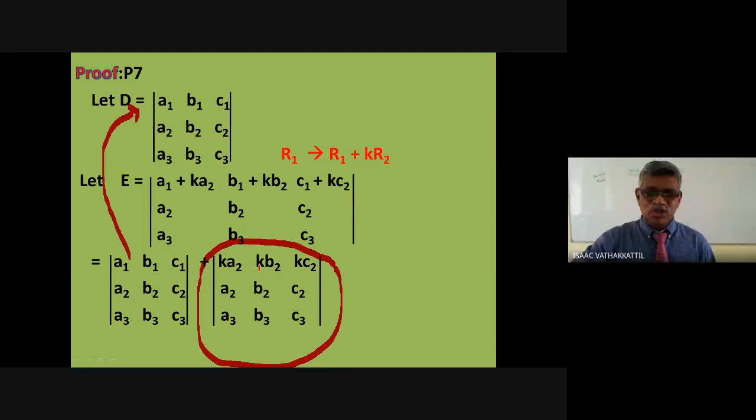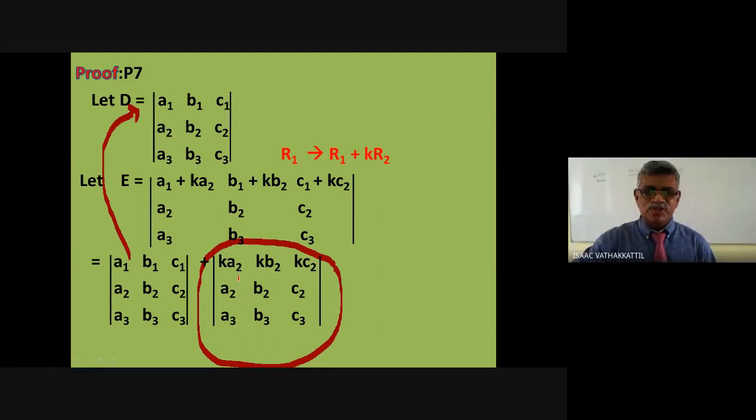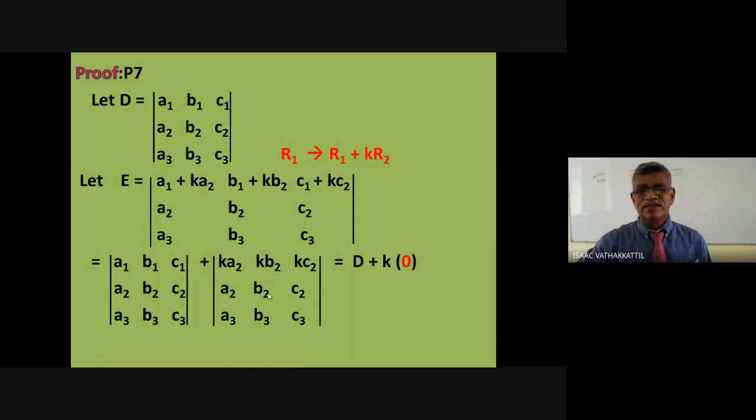The 0. 0, obviously. Tell me the reason. You are right. Sir, because two rows are same. Proportional. Two rows are proportional. Or if you want to make same possible, take K out. K into A2, B2, C2, A2, B2, C2. Then they are identical. Here we can say two rows are proportional.